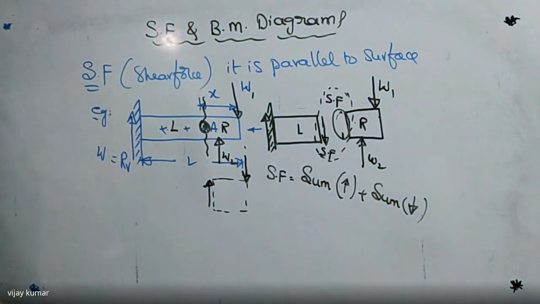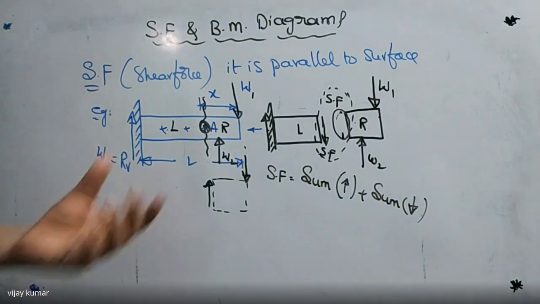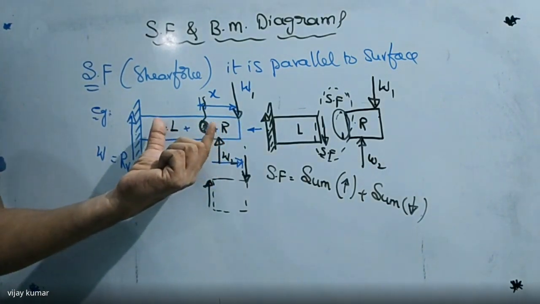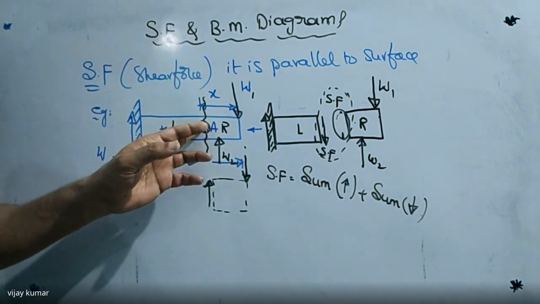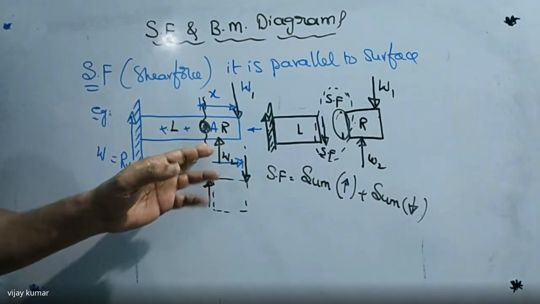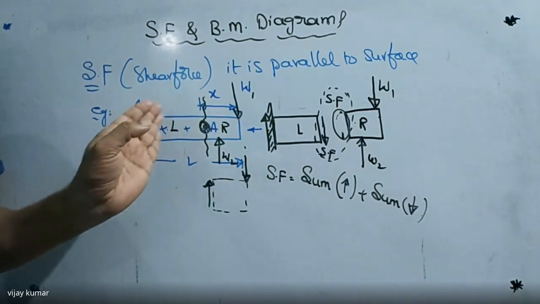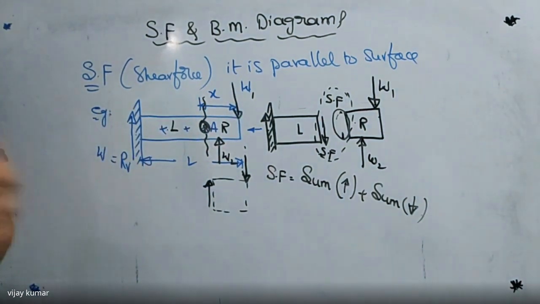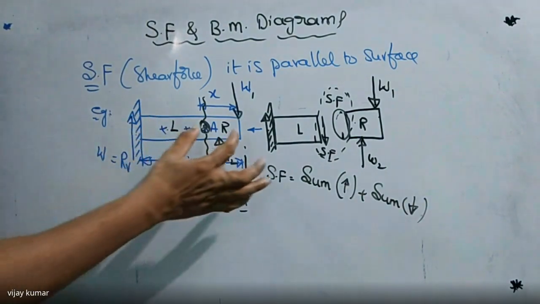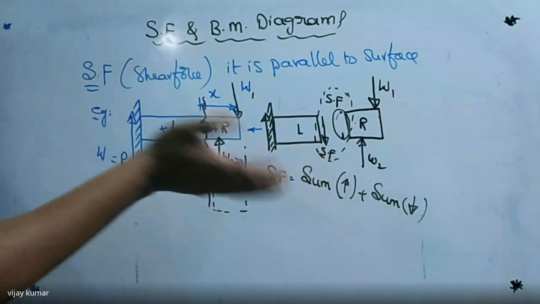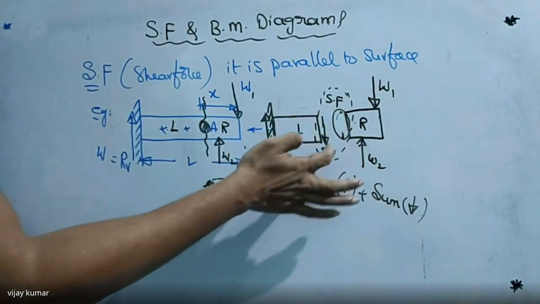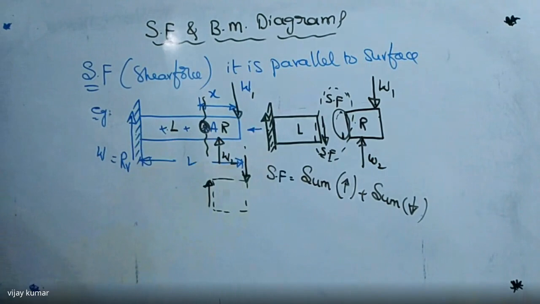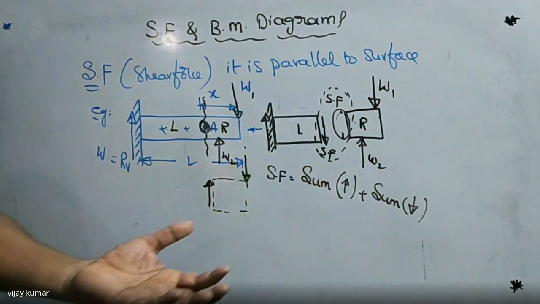Listen carefully. Here I want to find the shear force at any point on the beam, so I am taking that point. I'm going to divide the beam into two parts. Take either this one or this one, either the left portion or the right portion. Why? Because if you take right or left, they have the same magnitude but opposite directions. We are getting the same value, but the direction differs.